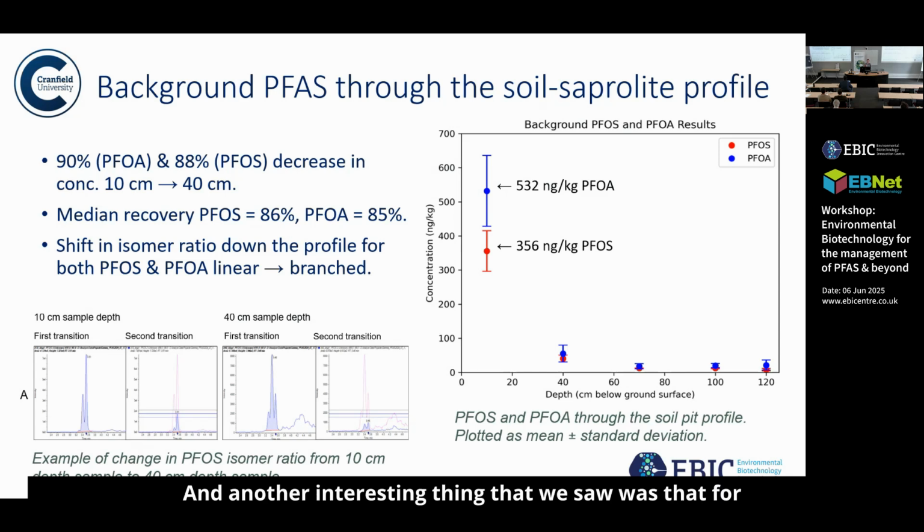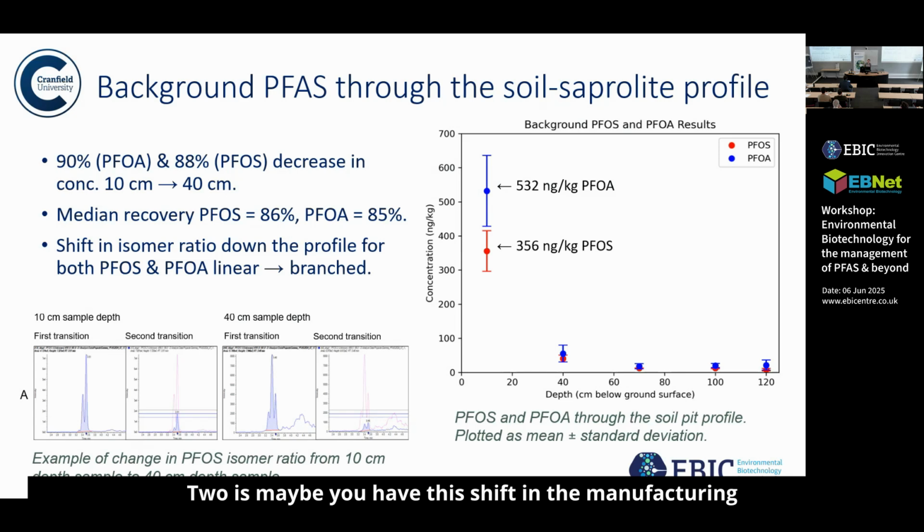Another interesting thing that we saw was that for both PFOS and PFOA, you have a shift from linear isomers to branched isomers as you go down the profile. And there are a few reasons that could explain that. One is just maybe the branched ones transport more quickly through the profile. Two is maybe you have